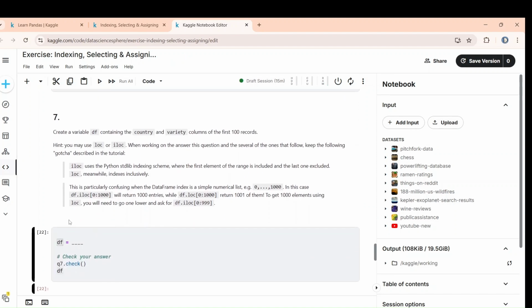Now create a variable df containing country and variety columns of the first 100 records. So you can use loc or iloc, you can do it with both. Now first write, suppose names equals to country, comma, variety. Now what you have to write: df equals reviews dot loc,